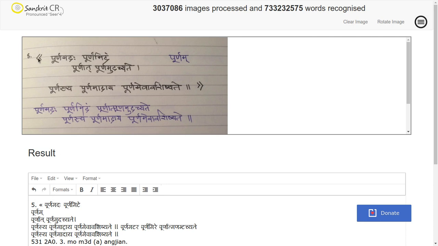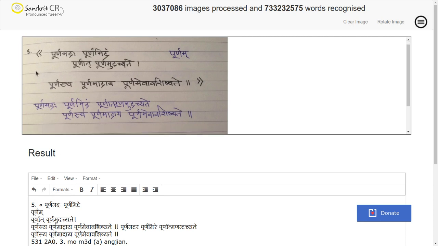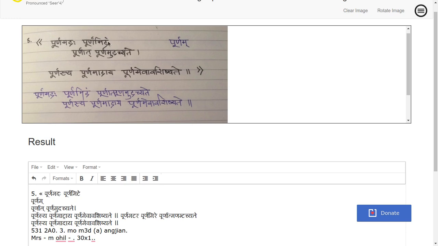So it is identifying the Roman scripts as well. Purnamada Purnamidam, but Purnamite, it is not able to recognize this as idam, so it is recognizing it as te.